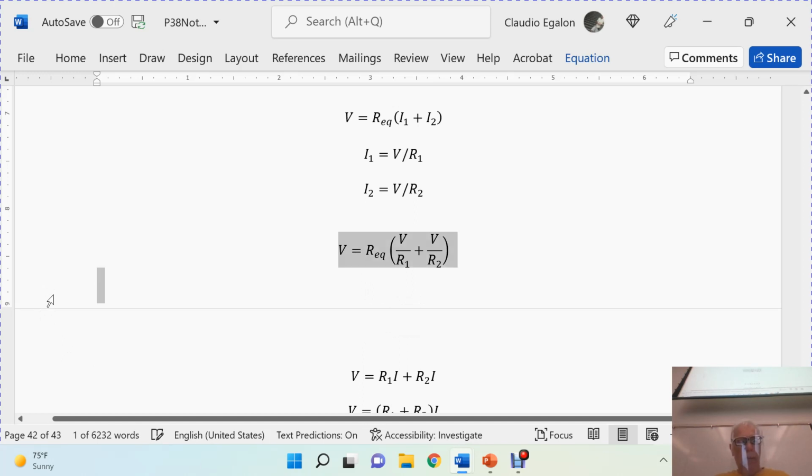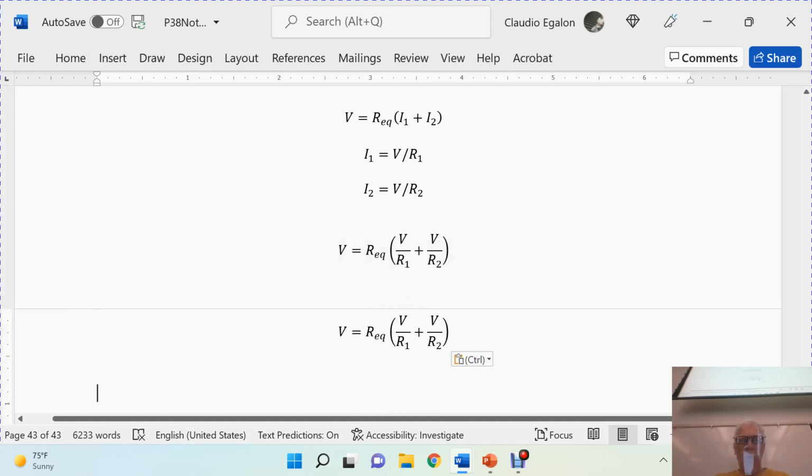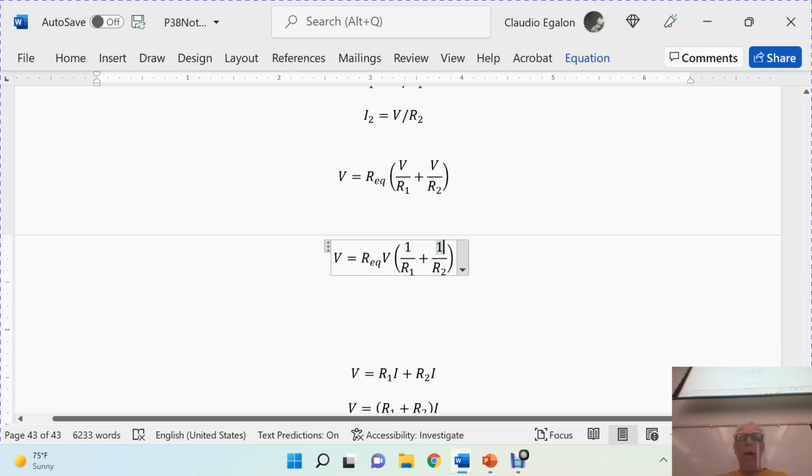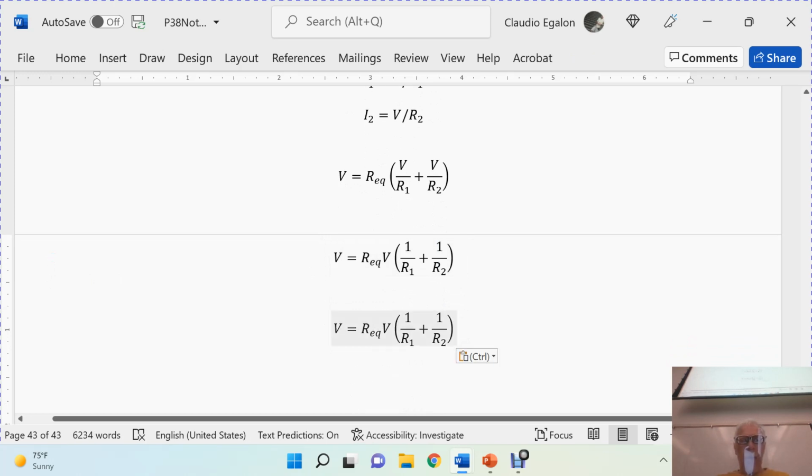Okay. Now we have a single equation. We can factor this value V here, right in here, right? And what else? I can cancel this V and this V. Okay, get rid of it. And then finally what we get,